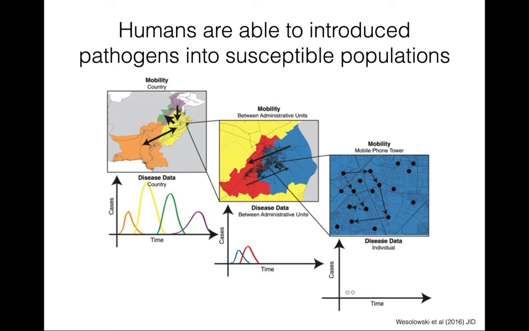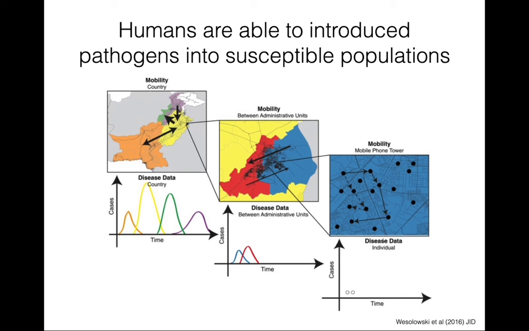Ultimately, the type of mobility we are interested in, both in terms of the temporal and spatial scales, will depend on the pathogen of interest. For example, for some pathogens, like measles, we may be interested in understanding national mobility patterns. For other pathogens, like dengue in some instances, we may be interested in very fine spatial patterns of travel if we think that risk is highly stratified locally.